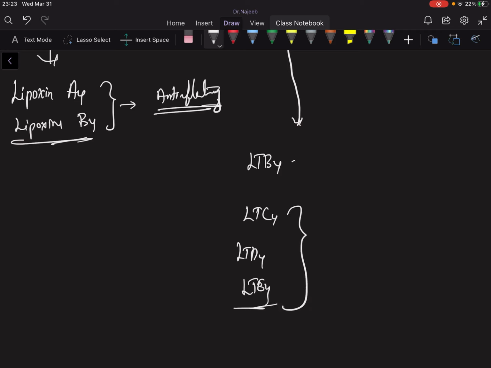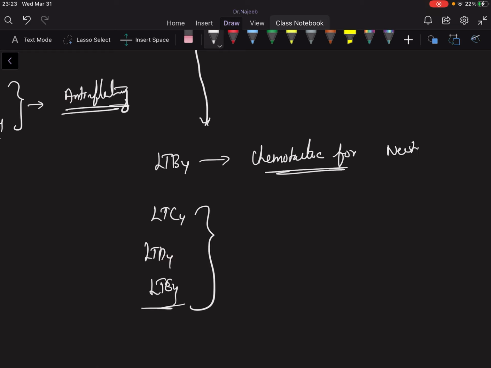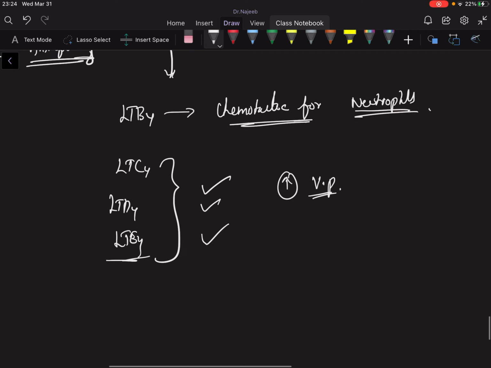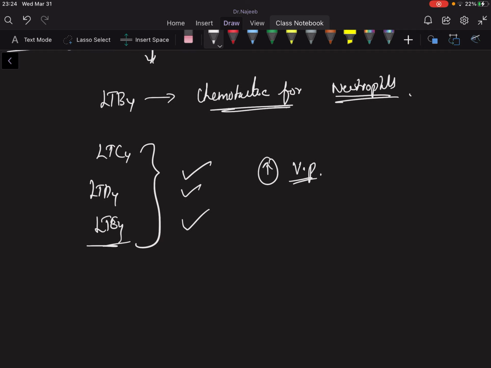So what is the function of leukotriene B4? It is a chemotactic factor for neutrophils, whereas leukotriene C4, D4 and E4 have common functions: they will increase the vascular permeability, and not only that, they will cause bronchospasm. So this was about the leukotrienes and